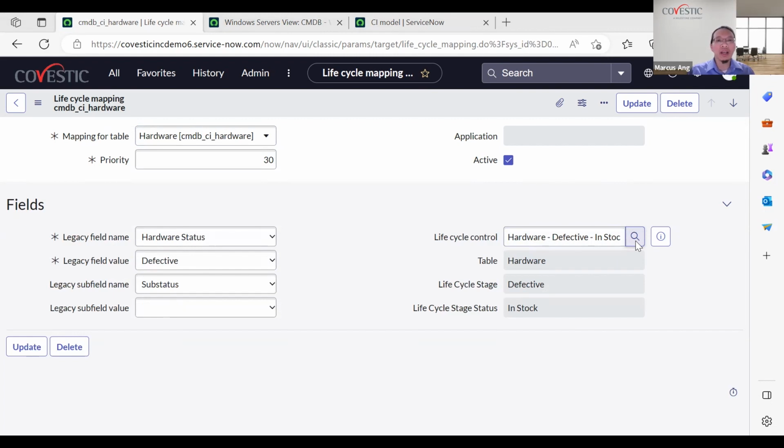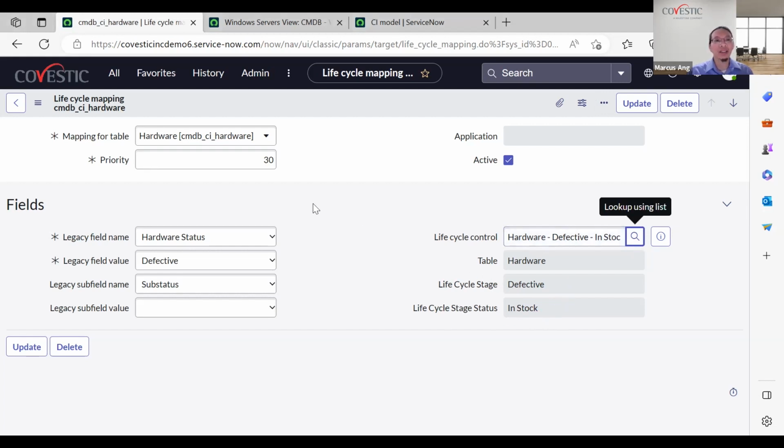So even though the custom statuses that you have built are created in this mapping table, they are set as inactive. So you would have to go through a series of mapping for the statuses, for the CI statuses to the life cycle stage and status as well. So in this exercise, it's great to review if it's a good idea or possible to move back to out of the box statuses. Right, because going forward, the life cycle stage and statuses are what's going to be used